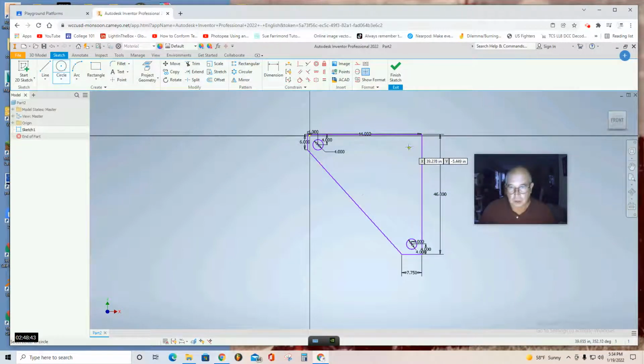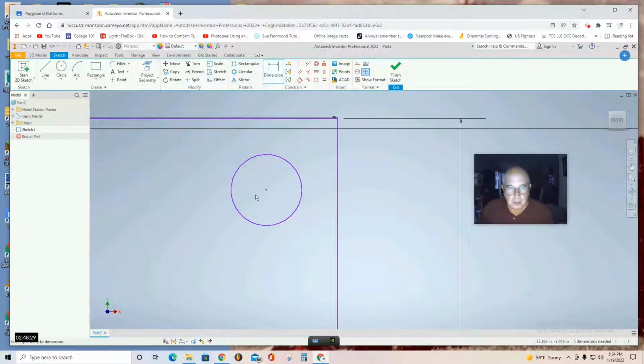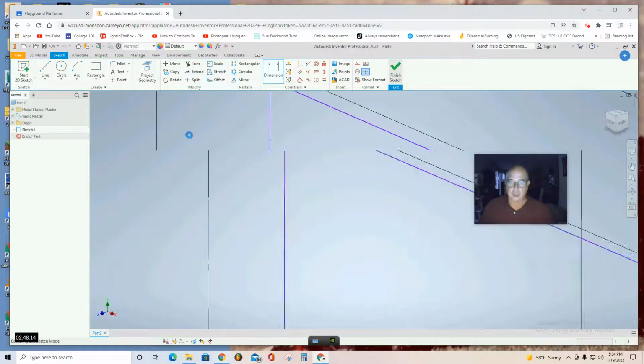So I can use those alignment dot lines and then select it out, 4, click. Now I know I'm good to go. I can double check my measurements. As you'll see, you can select the dimension tool and verify. From here to here, it is 4, check. And from here to the top edge, click, check. So now, finish sketch,